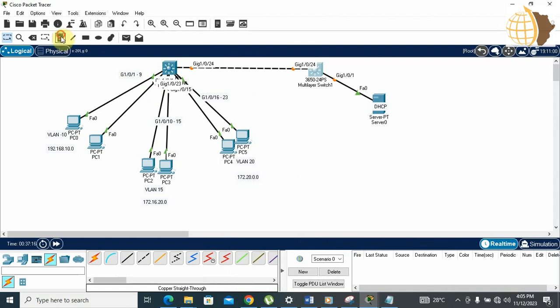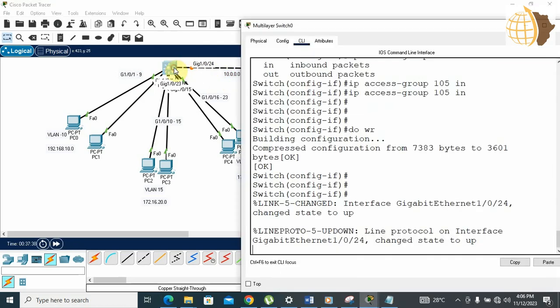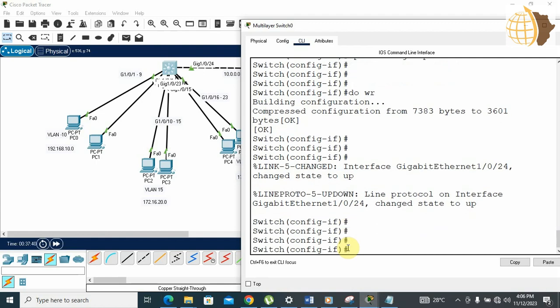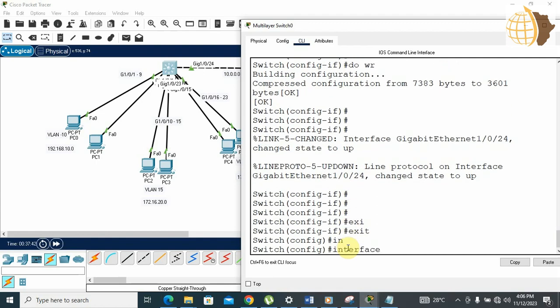Let me assign the addresses first. This link I'll use 10.0.0.0, and this one I'll use 172.18.0.0. Alright, so I'm going to configure this interface. I'll start with gig 24 first. That will be interface gig